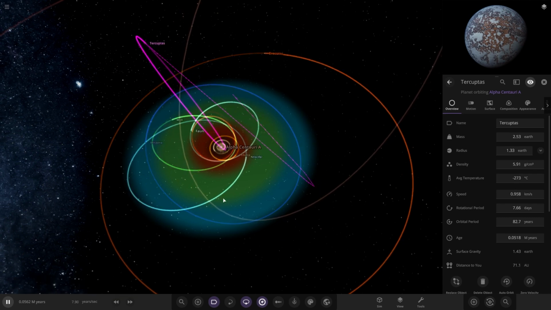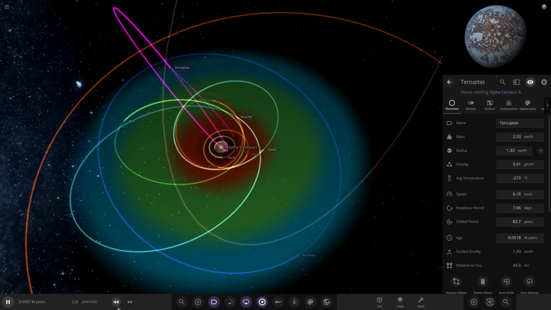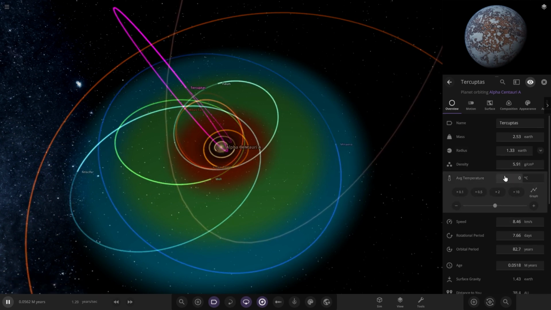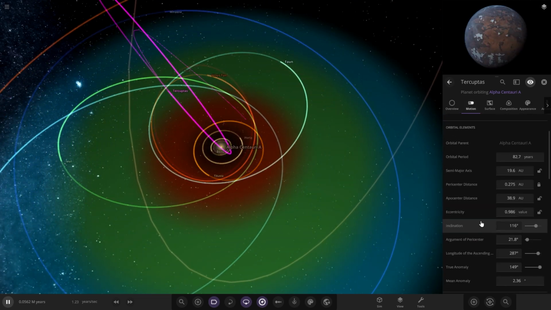So as it approaches the start here, let's try and slow it down and see if it increases in temperature at all. I don't know why it's at -273. I think that's wrong. I don't know why it's doing that. Let's just try having a little play of its albedo. I think that's probably what's...